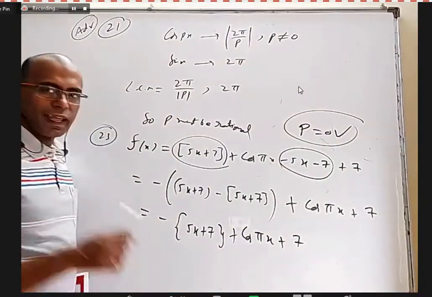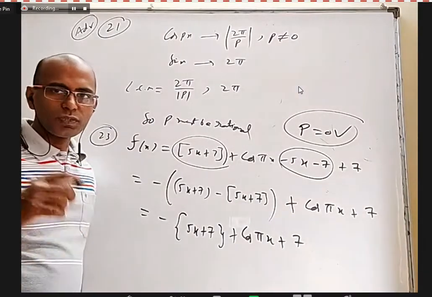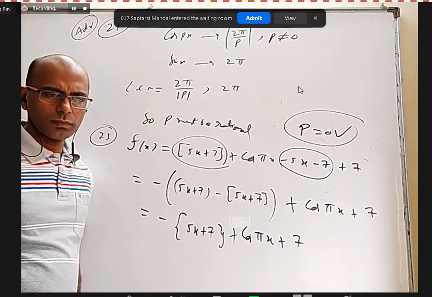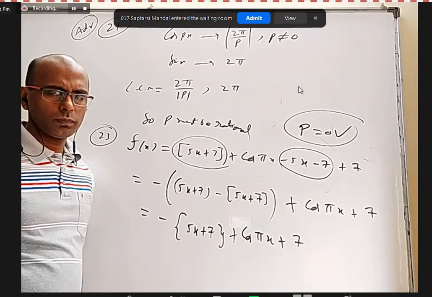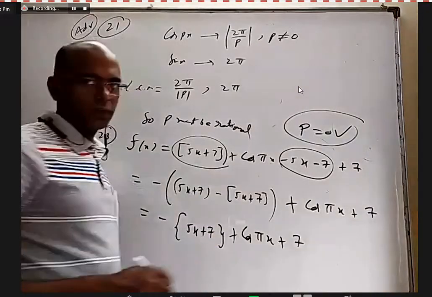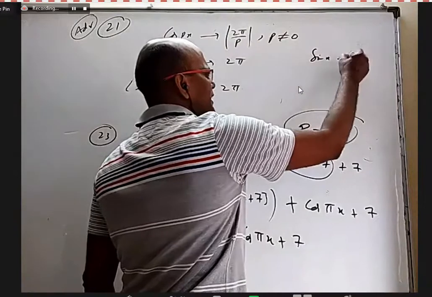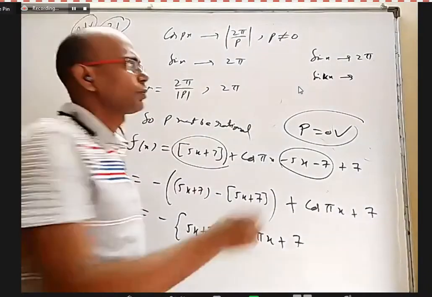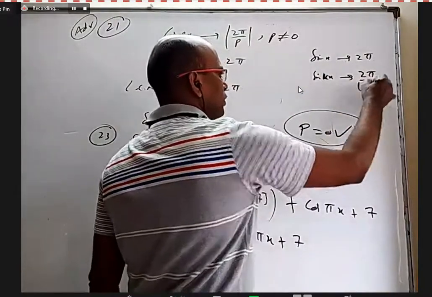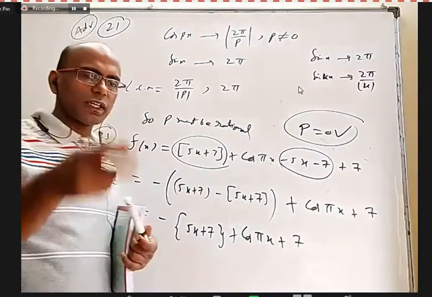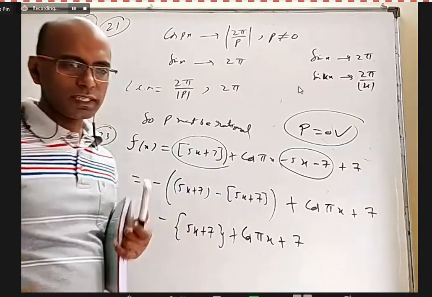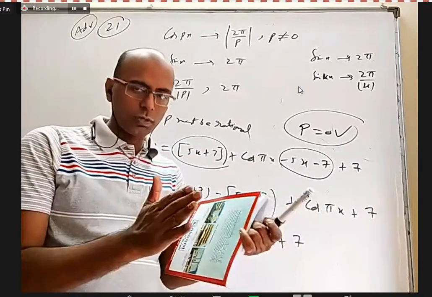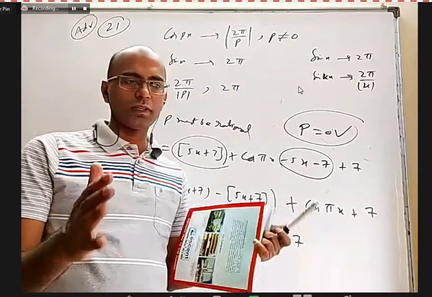Now, all of you know, the period of fractional part of x is 1. What will be the period of fractional part of 5x? Anybody want to tell? 1 by 5, yes. For example, we know sin x period is 2 pi and sin kx period is 2 pi by k. Because we have seen in the graph, when you replace x with kx, we are compressing the graph. Earlier, the period is T, we will be drawing k waves within that interval. It will become T by k.